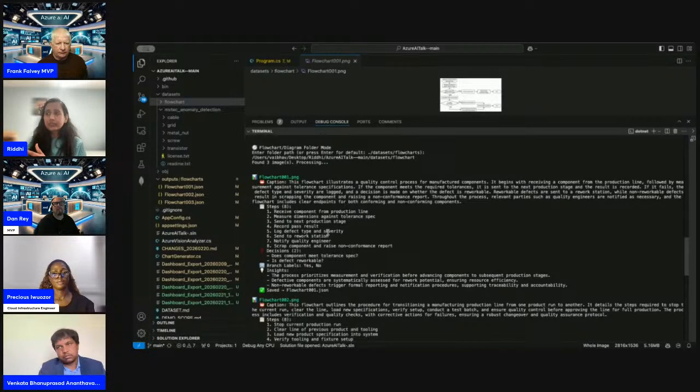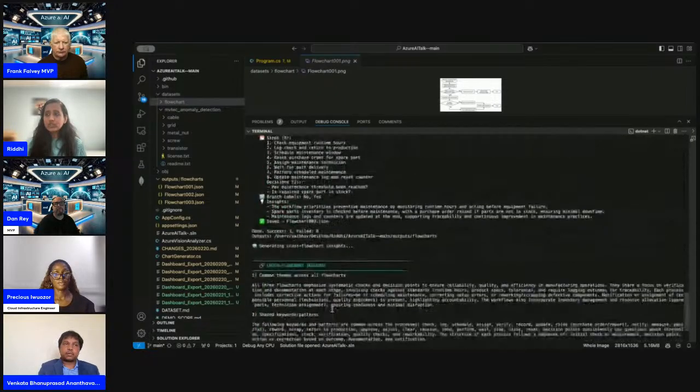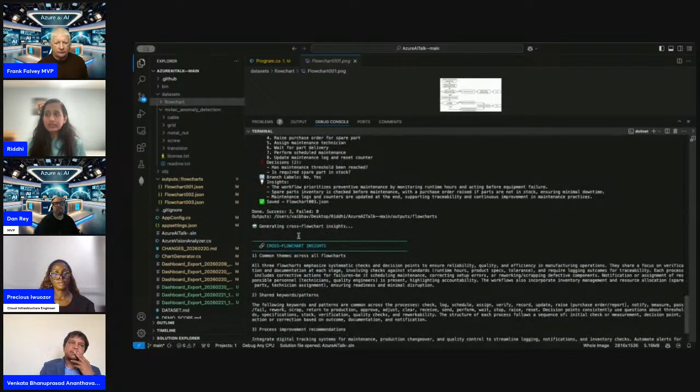It's giving me the caption, the steps that are in the flowchart, the decision, the branch label. Most flowcharts usually have yes and no as a branch label, but some of them have different ones. And what are the key insights from this? It's prioritizing, measurement, verification, defective component, and then the name JSON. So I have that for all three flowcharts.